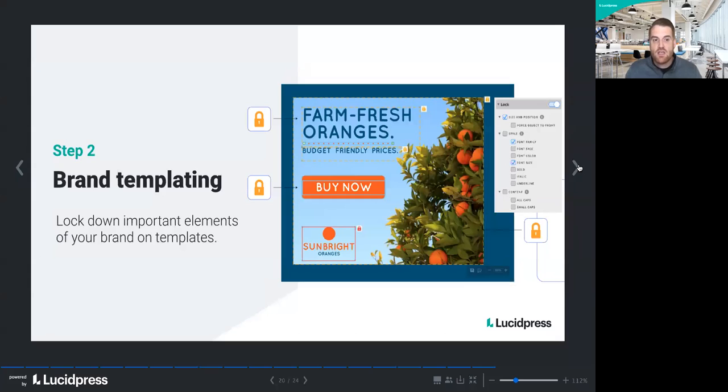Step two, though, is making sure you lock down important elements of your templates in order to ensure consistency. So if you have a logo, you don't need anyone to tweak or change that, so you lock it down completely. But if you have a text box there, maybe you lock down the position of that text box and you enforce your brand font and colors, but you allow someone to swap out the content of that. By setting up a granular locking system like this on the templates that you're creating, you're allowing non-designers the ability to go in and customize, and you're giving them the guardrails that they need to succeed.